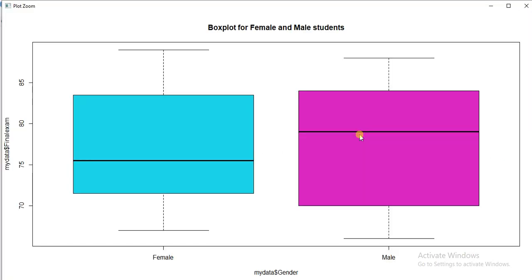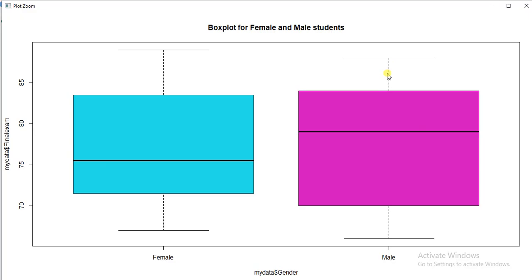Now we can see our data through two box plots, one for female and another for male. It means we can see the distribution of marks for female students as well as male students.